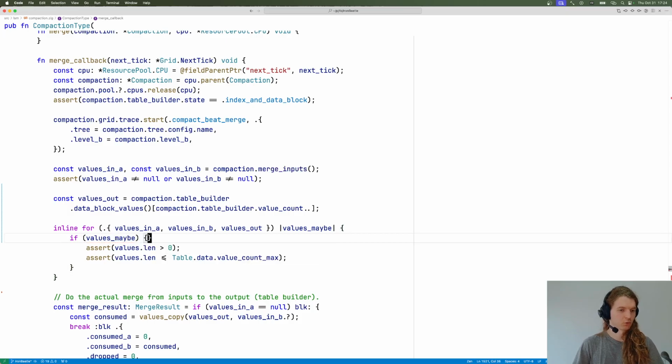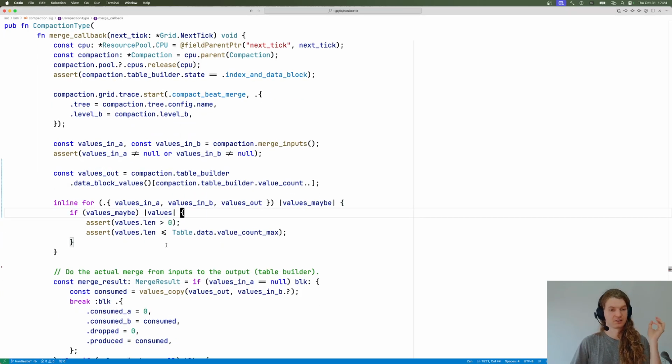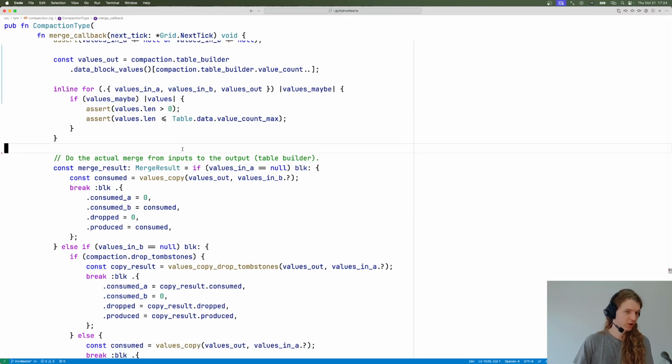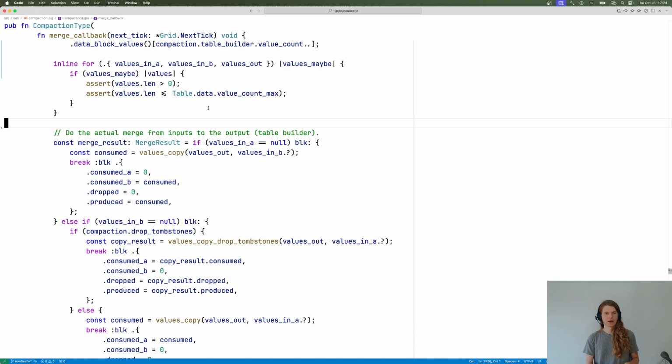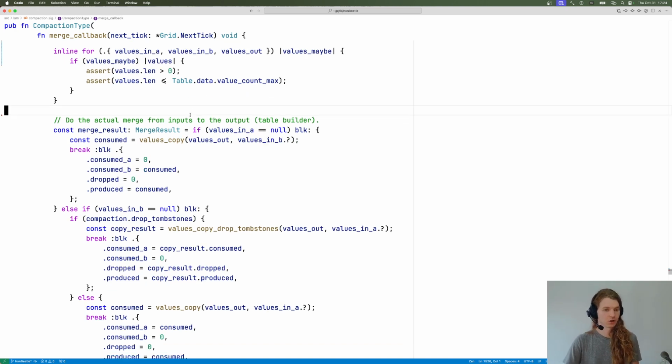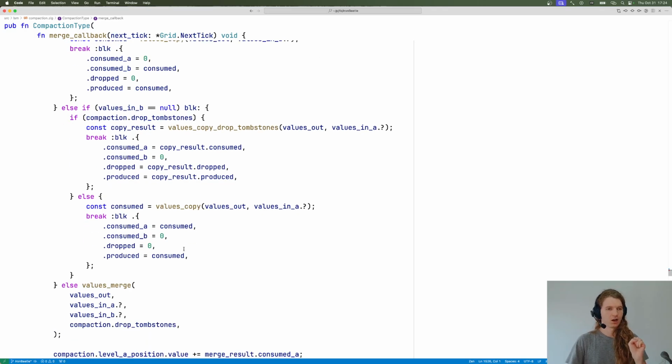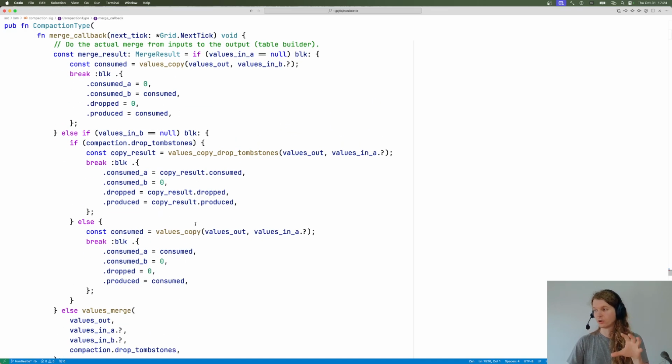Maybe because for output blocks it is also actually true that the output slice must not be empty and it must be not full. Okay. Now we do the actual merge, and there are actually like 3 specialized algorithms which go into this 4-pronged